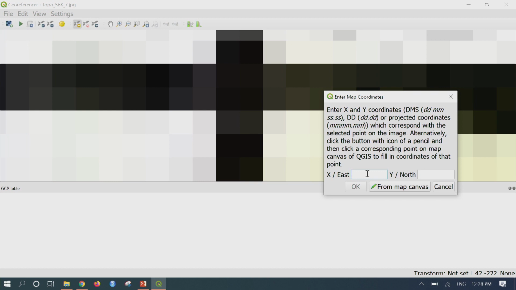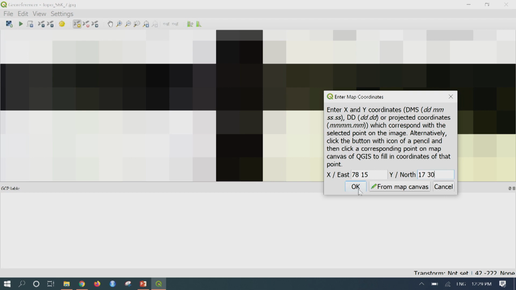So let us see how I enter the first value. The first point has the value of east as 78 degree and 15 minutes. So I will type 78 space 15, and the latitude value is 17 degree and 30 minutes, 17 space 30.